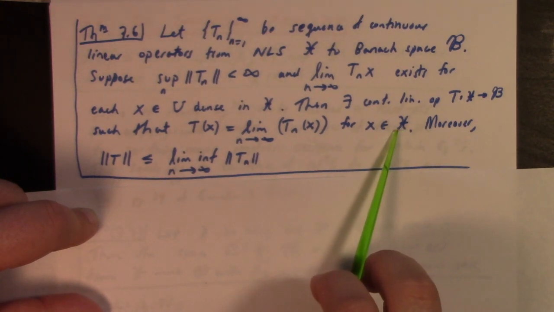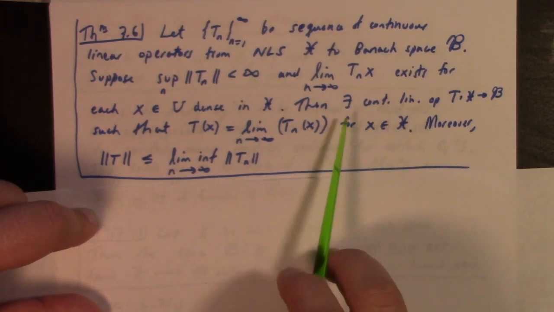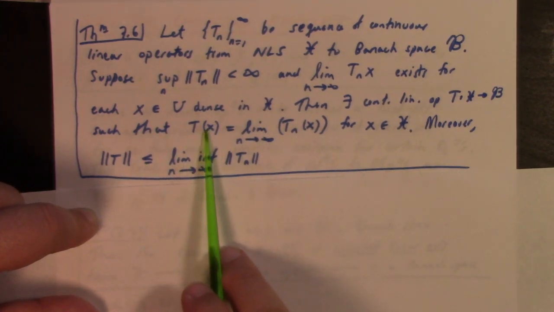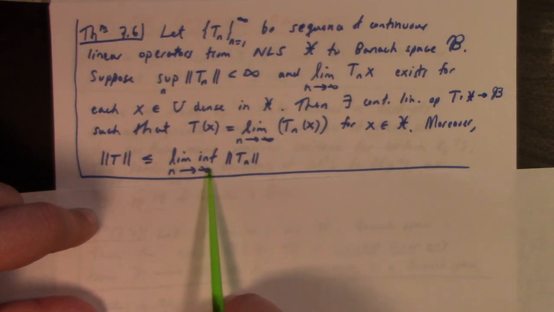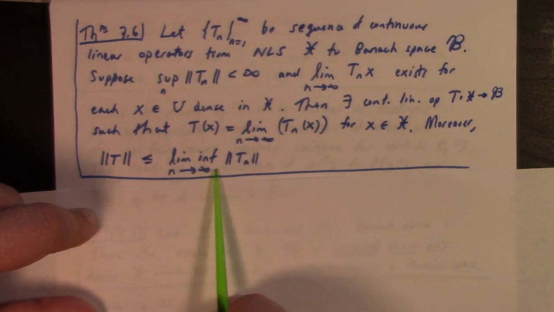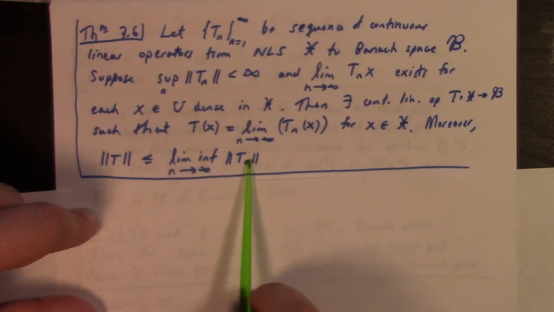I said metric space, but I meant normed linear space. My apologies. Moreover, the norm of this constructed continuous linear operator is less than or equal to the lim-inf of the norms of the